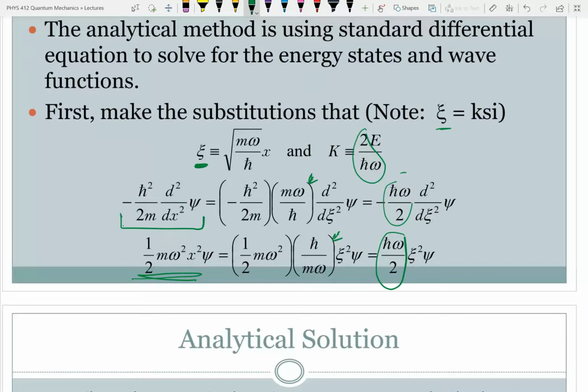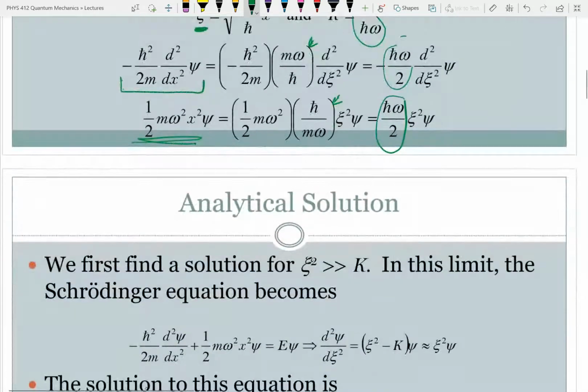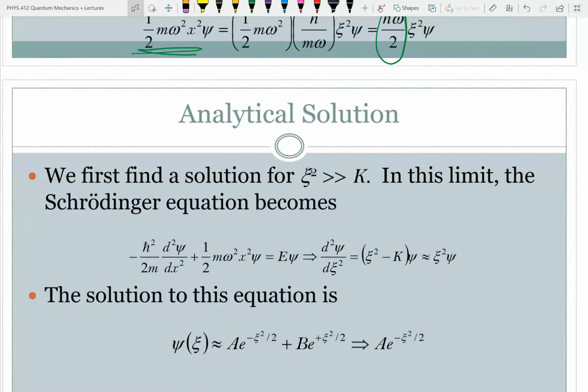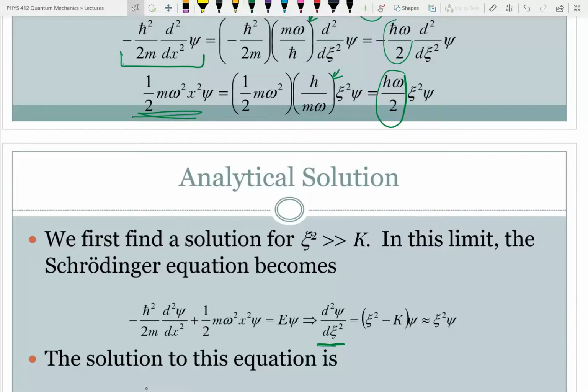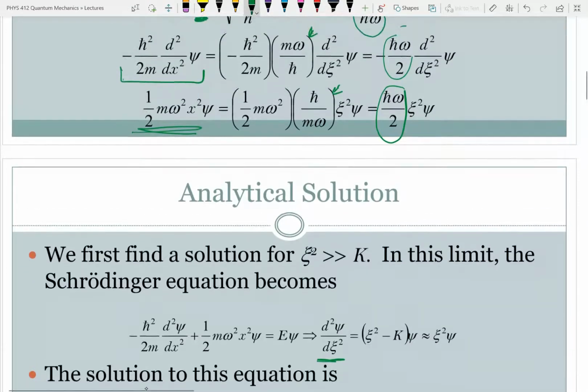So with these substitutions, our Schrodinger equation becomes the second derivative of, well, let's actually do this rather than take it on faith. The textbook, I think, just shows this. I'm not sure if it shows the intermediate, but let's show the intermediate. So taking what we found from above, you see I've got the split screen, the half of the last slide and the top of this one. So my first term will be